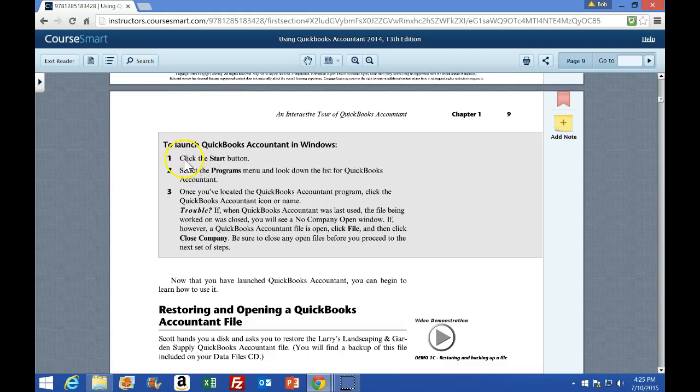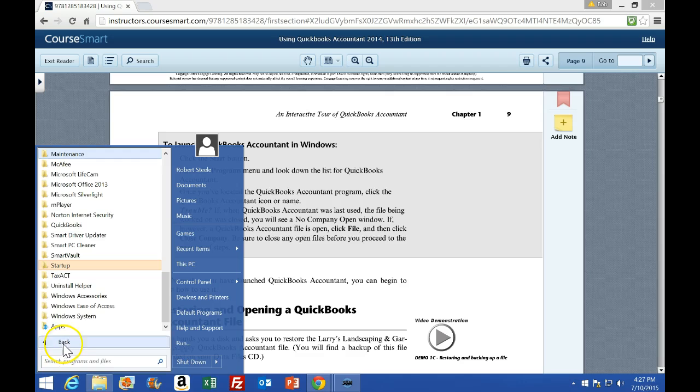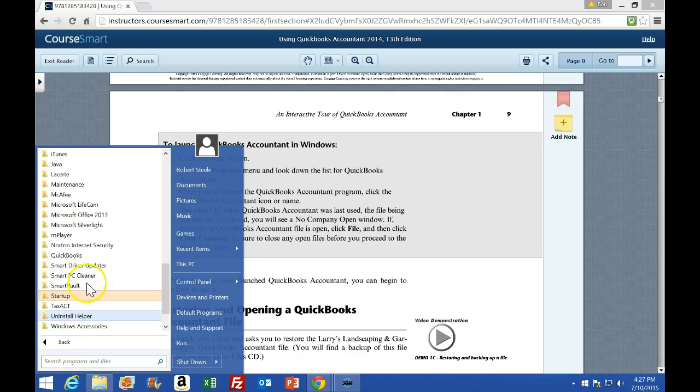Down on page 9 is where we start to see the activities in the gray areas, and it says this is what we're going to do to launch the QuickBooks account in Windows, and it has us go to the Start menu. And we could locate it in the Start menu. If we click down here, we go to All Programs. We can then scroll down here, and we're looking for QuickBooks, which is right there,